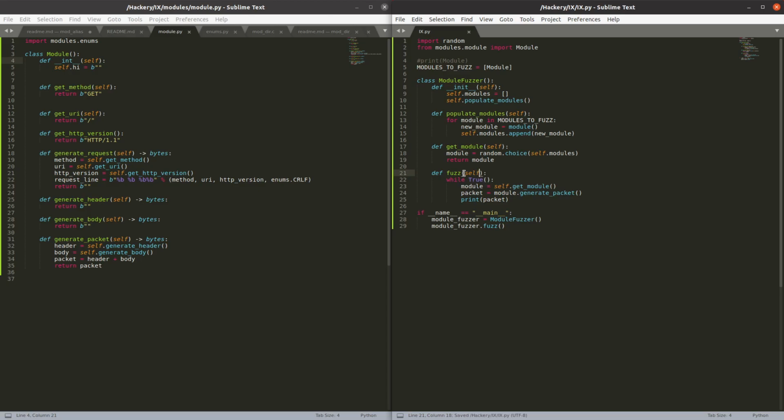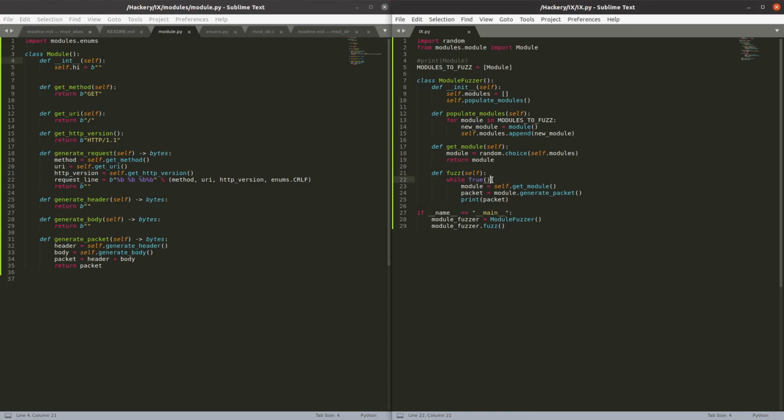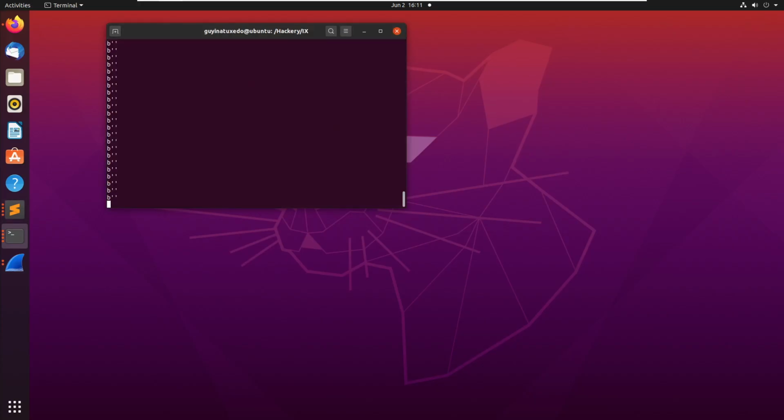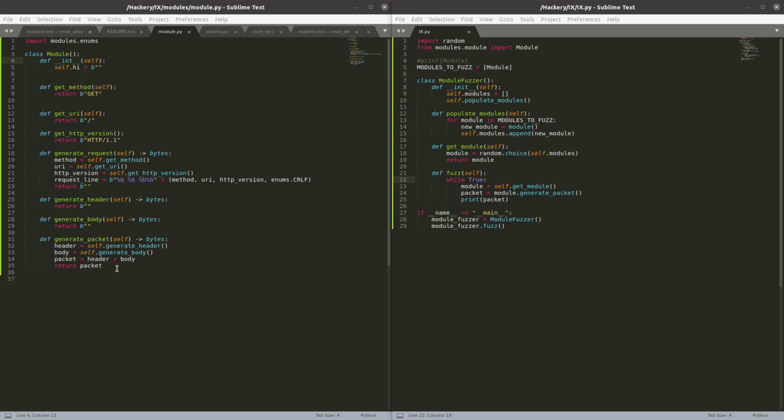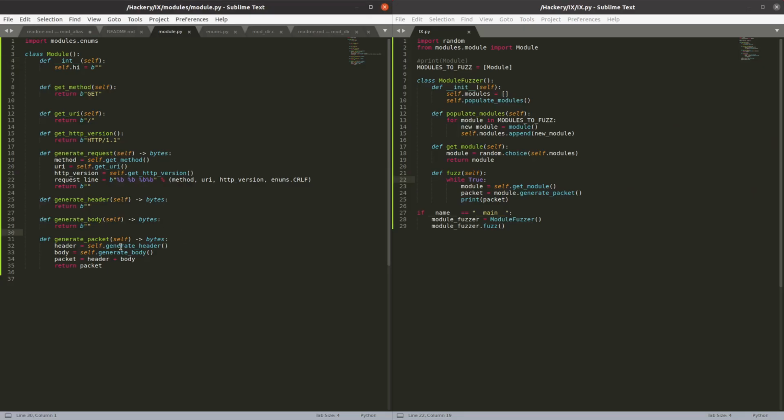Forgot the self again. Ooh, wow. That should not be callable. Cool. So as you can see here, it's continually running and printing out, but the packet is generating empty. The reason for that is I made a smooth brain mistake over here. I have functionality for generating request, header, and body, but for the packet, I only include the header and the body. So let's add the request line equals